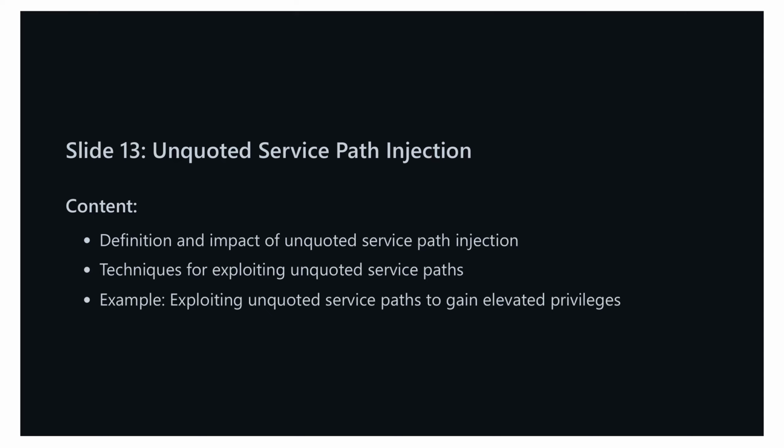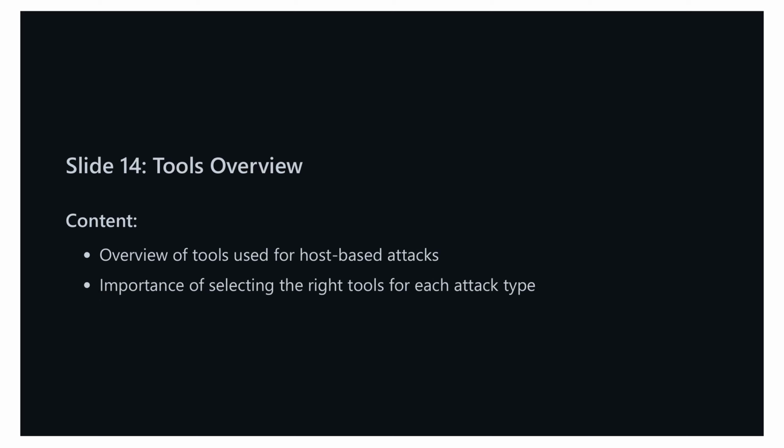On the next slide, we'll be reviewing the tools commonly used for host-based attacks and discussing the importance of selecting the right tool for the job. This will help tie all the previous concepts together and show how attackers might prepare and execute such attacks more effectively. For the previous slide, slide 13, we covered the topic of unquoted service path injection. We explained the definition and impact of this vulnerability, discussed various techniques for exploiting unquoted service paths, and provided an example of how it can be leveraged to